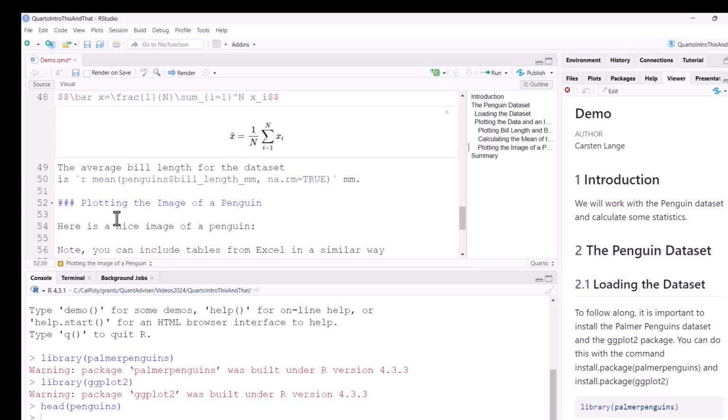And finally, I like to have a nice image of a penguin. I have stored that image already on my computer in my project folder, and I could type a command here. That's a little bit cumbersome, but there is a different way to do it, because you have the choice between a source editor, what I'm using here, and a visual editor. So I go to the visual editor,